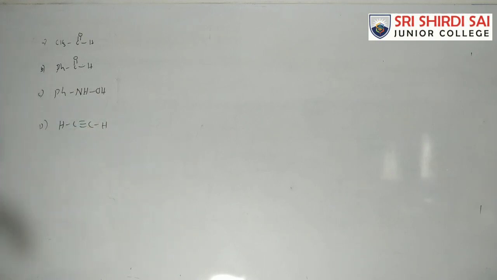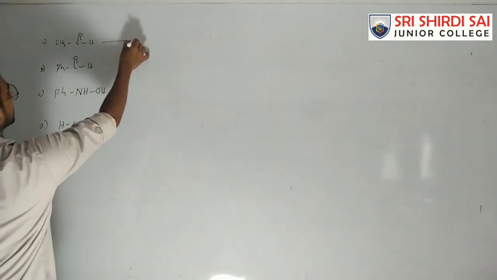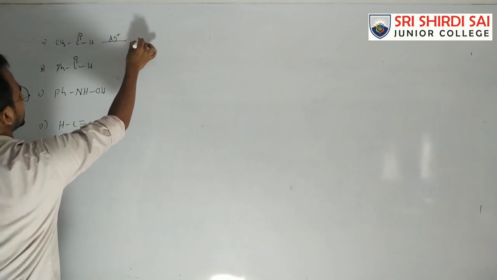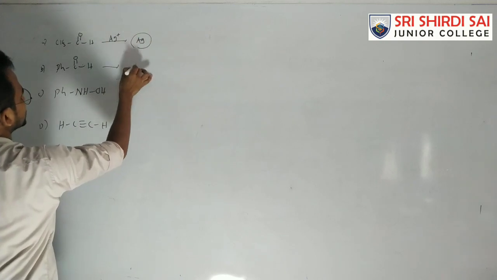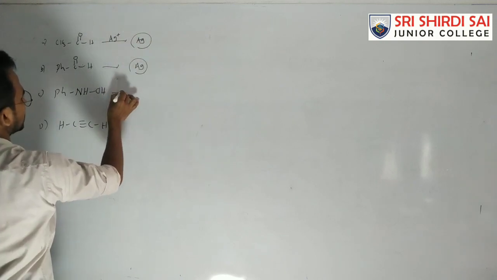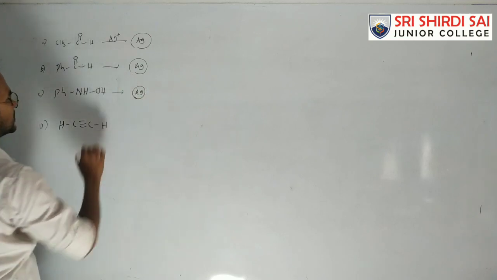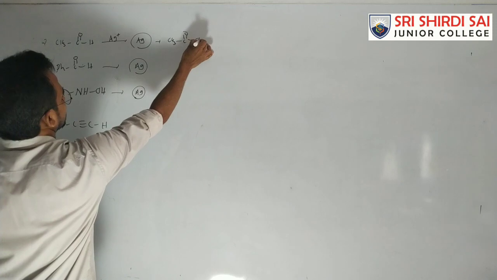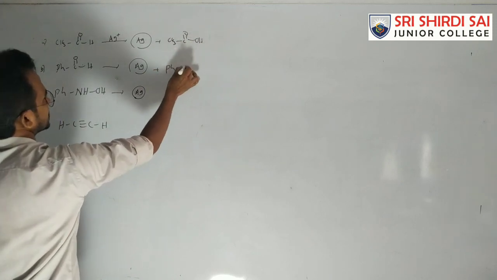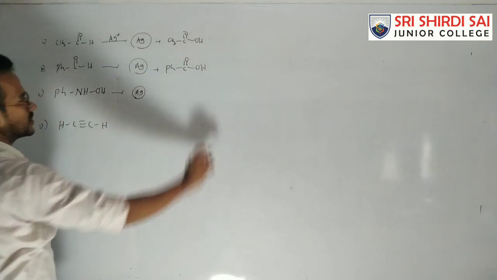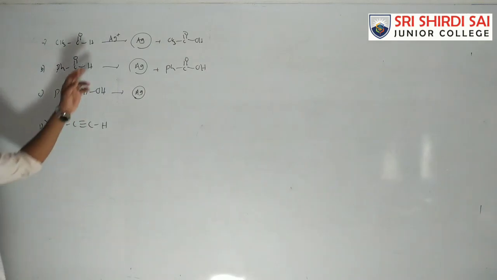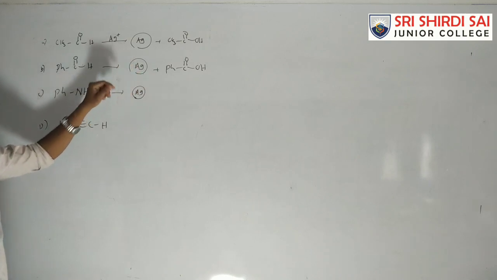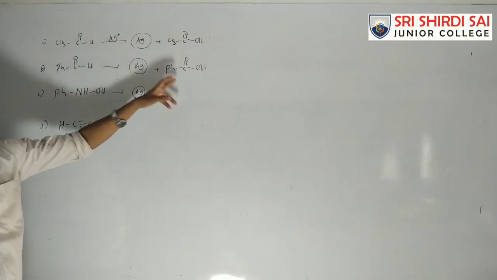In this case it is converted to acid and Ag plus is converted to Ag, elemental silver. In this case also Ag, elemental silver, and in this case also. This compound is converted to carboxylic acid, acetic acid; in this case also benzoic acid. It is an oxidation reaction. Tollens reagent is reduced to Ag0, the Ag plus ion is converted to Ag0, and the carbonyl compound is oxidized to acid.